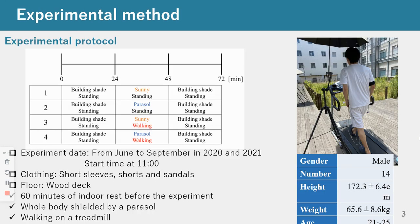Firstly, the subject experiment. The experimental protocol has three stages. The first stage is standing in building shade. The second stage has four patterns: sun area standing, parasol standing, sun area walking, and parasol walking. And the last stage is a cooling down stage, each about 10 to 24 minutes, and